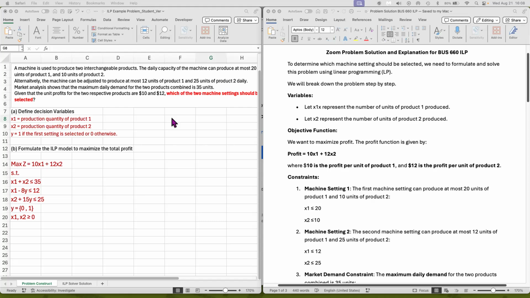So we know automatically that we have an either or. We have a 0 or a 1. We have an on or off because we've got two interchangeable products, but we only have one machine. If we had two machines, we wouldn't need an integer linear programming solution to determine which one was best. We could simply use linear programming to get to what the maximum production of each one of these should be if we had two machines. But we don't have two, we have one. Now, the daily capacity of the machine for product one is 20 units